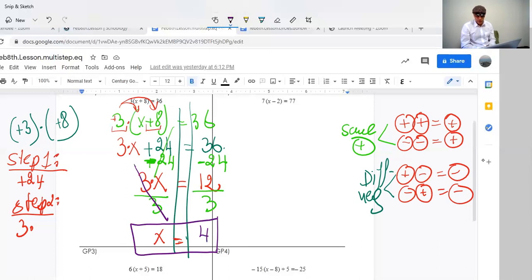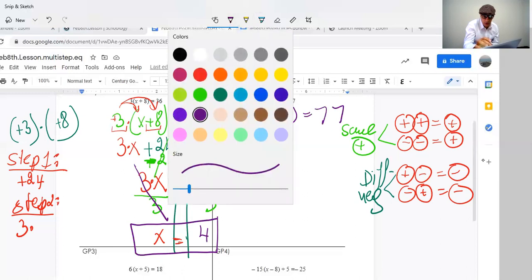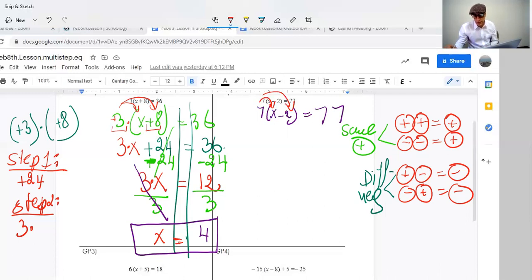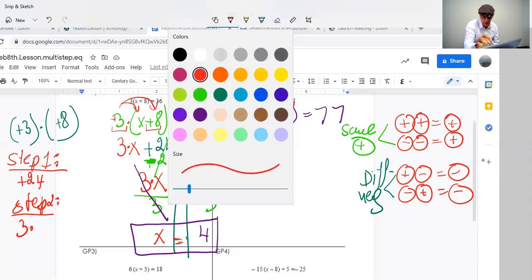All right, so let's do the next one. We're going to do the same thing. We have 7 times (x minus 2) equals 77. We are going to get rid of the parentheses by distributing. And then after that, we are going to try to isolate the variable. So let's distribute. This is a plus 7. So plus 7 times x gives me 7x. They just connect like crazy glue with multiplication, right? And then plus 7